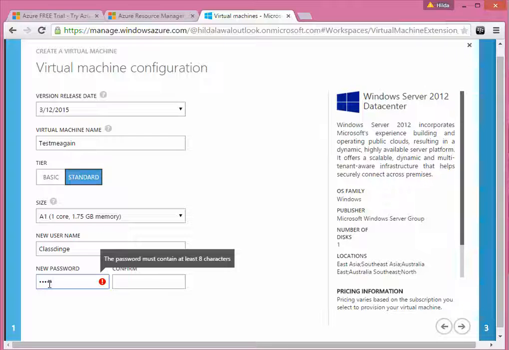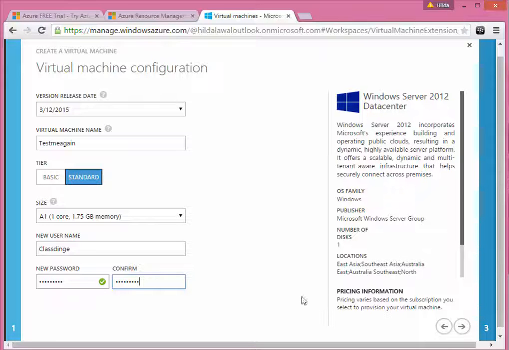As you can see, it's prompting me on what to do. And with this green check mark, it means that it is okay to use this password. It's strong enough. So I just have to confirm it here. So now that I have confirmed it, what I need to do, you could also read the information